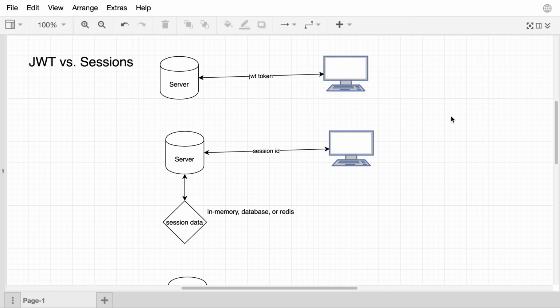So we're going to go through what both of those things are and which one you should pick for setting up your own authentication. So first off, how do JWT tokens work? What are they? So I have a little diagram right here of them, and basically what happens is we're going to have a server of some sort, and we're going to have a website of some sort, or a client. This could also be a phone, it could be an app, and it's going to send the JWT token back